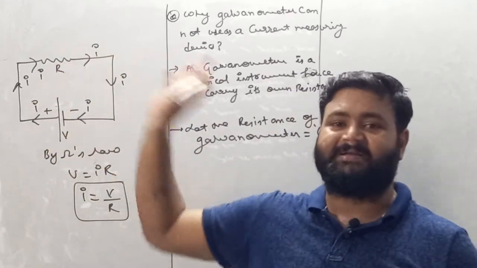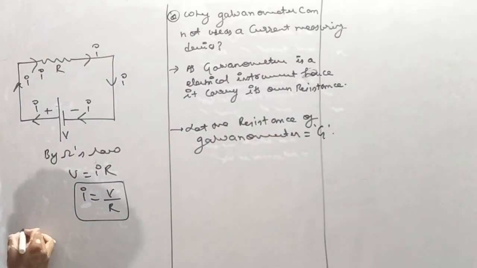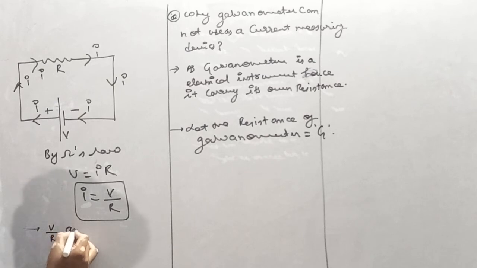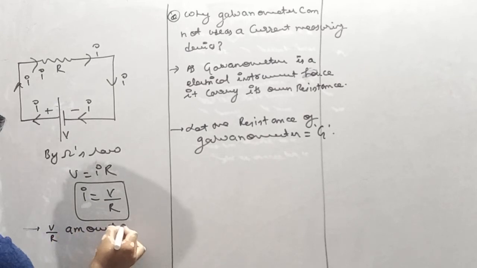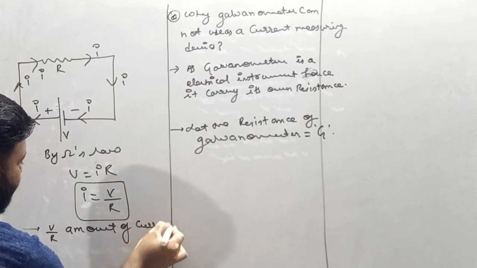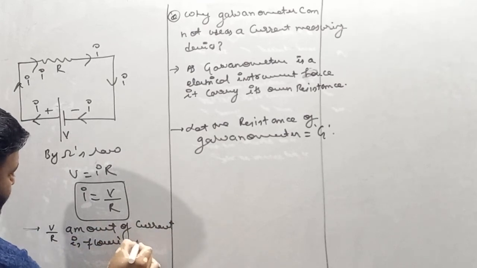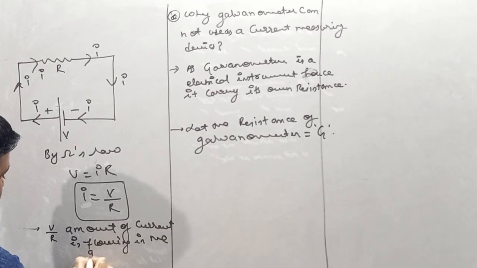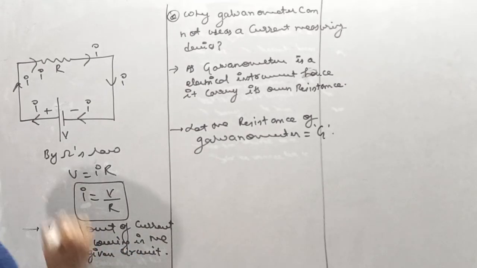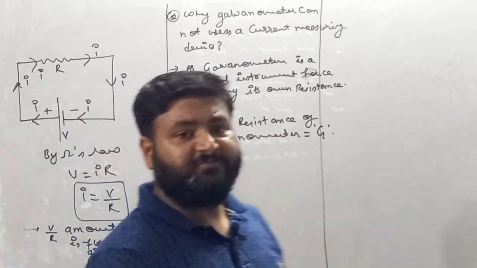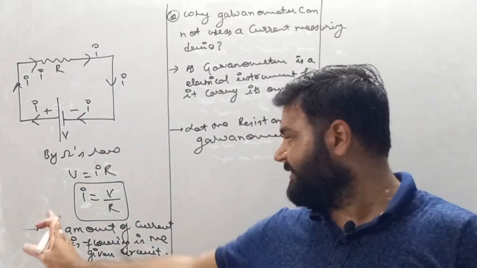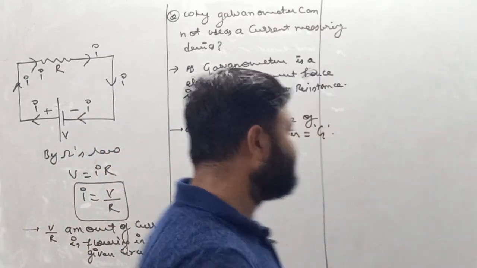So I'll write here V by R amount of current is flowing in the given circuit. Now my dear student, let's